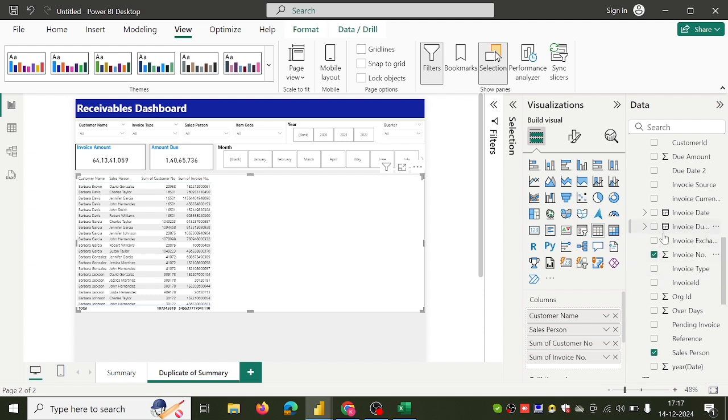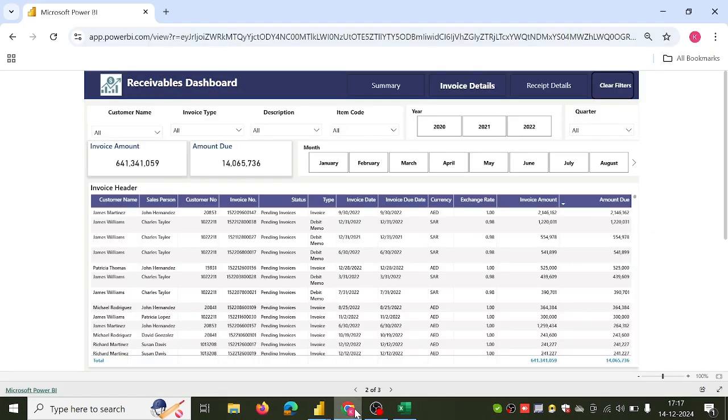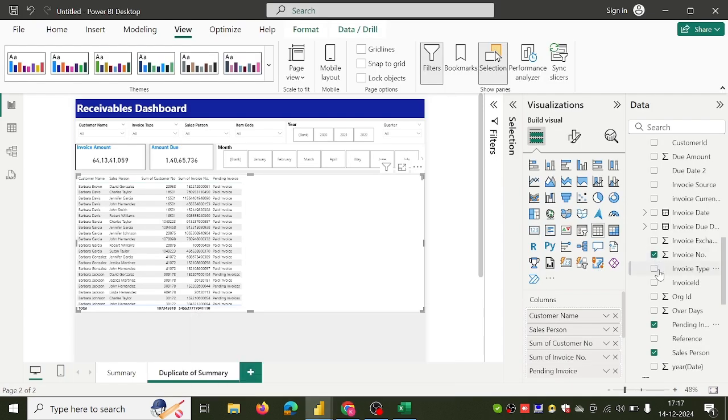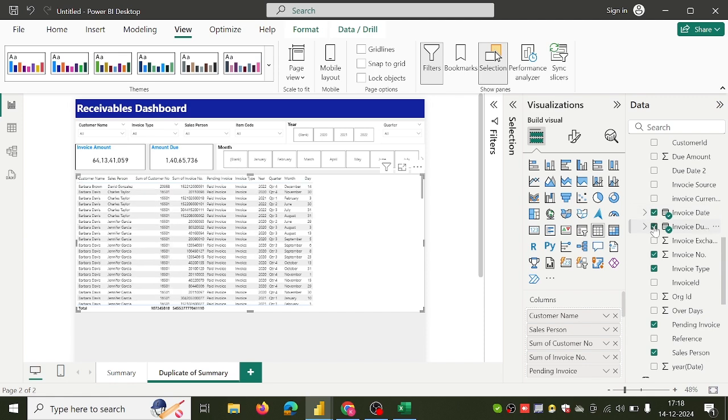Status means the pending invoice. Then invoice type, invoice date, invoice due date,